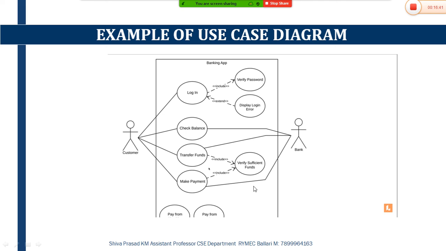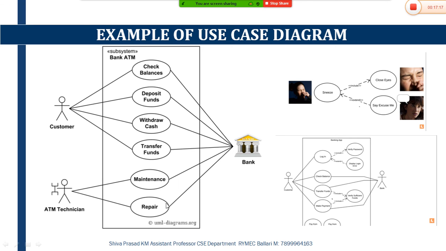If there is no sufficient fund, then automatically this use case sends the information back to transfer fund, saying that the fund is invalid or insufficient, as an error, by using the word called extend. Include will help us to verify, and extend will help us to send an error message back to the customer, saying that this is not a correct input given by you. That is what this use case diagram speaks about, and this is one small example which we can give.